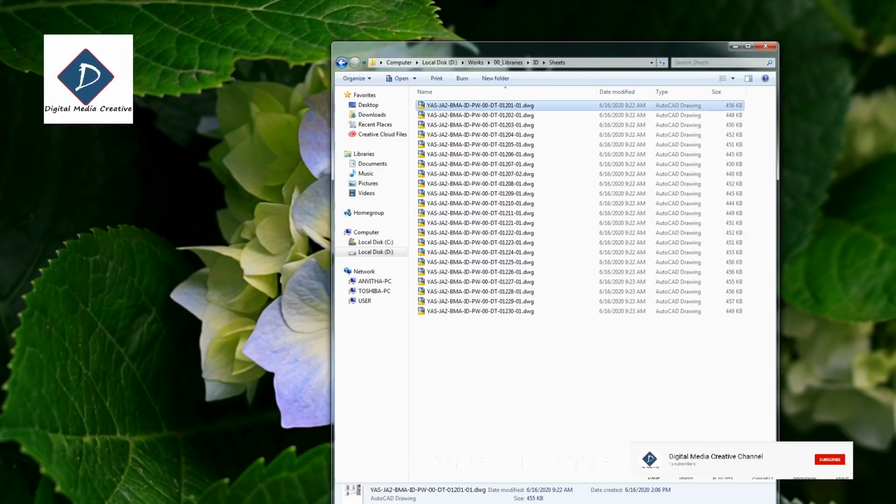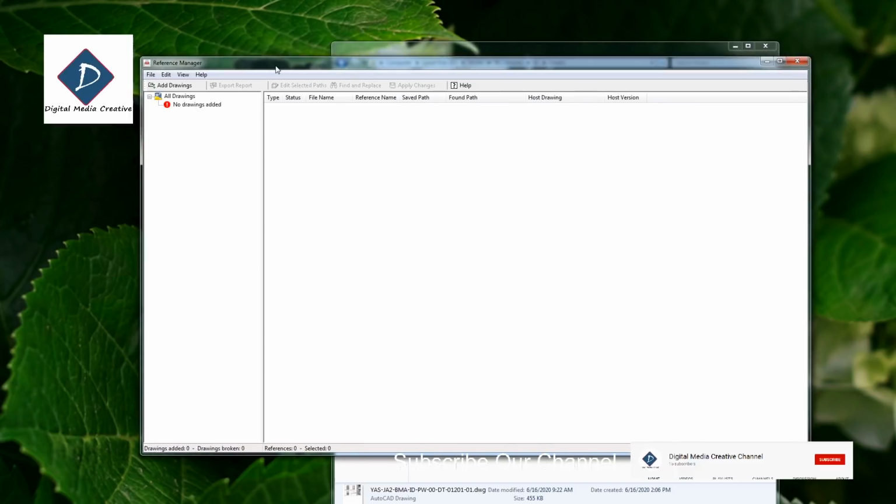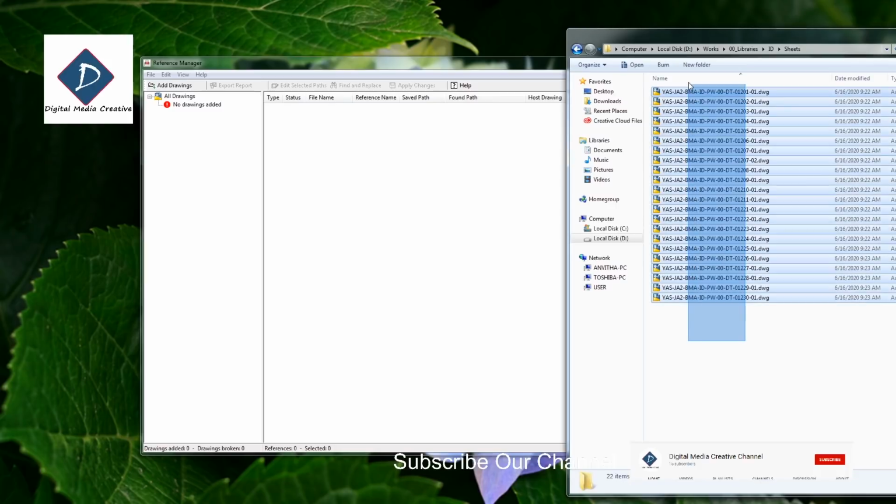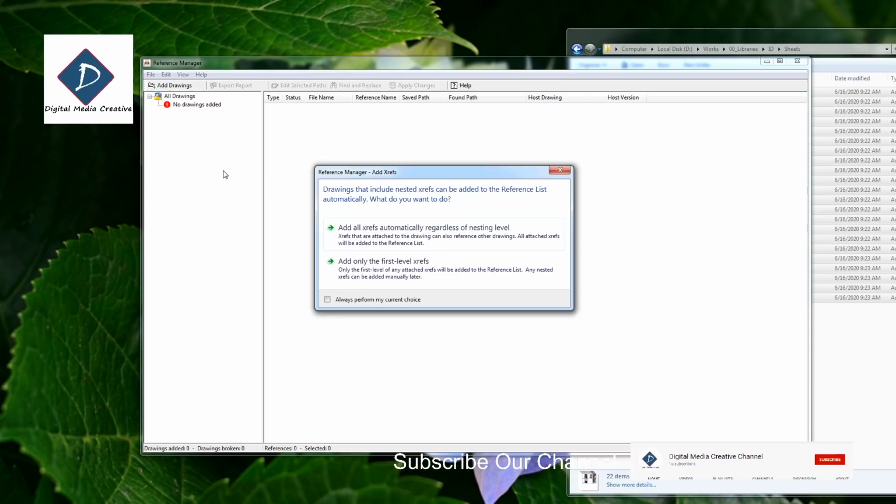I'm just minimizing AutoCAD. So what you need to do is go to the start button and find the software called Reference Manager. You can see it, Reference Manager. Okay. Then you can just select all the sheets and drag and drop them here.